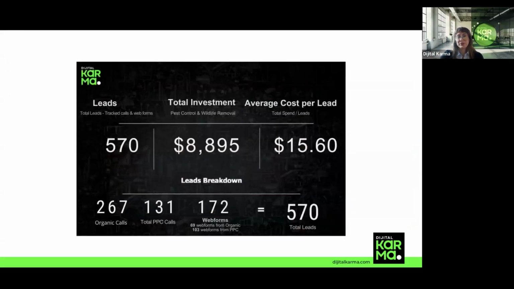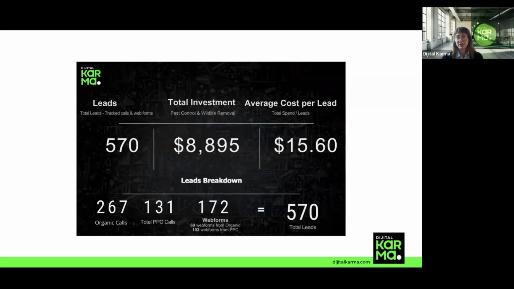So here's a snapshot of their results from their overall marketing strategy, which includes search engine optimization, Google Ads, and website management. These results are only from search engine optimization and Google Ads. These are August results. They had 570 leads and their total investment was 8,895 in August.